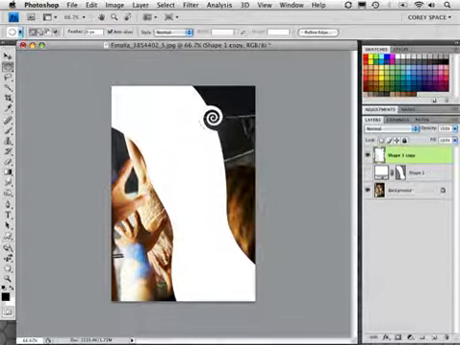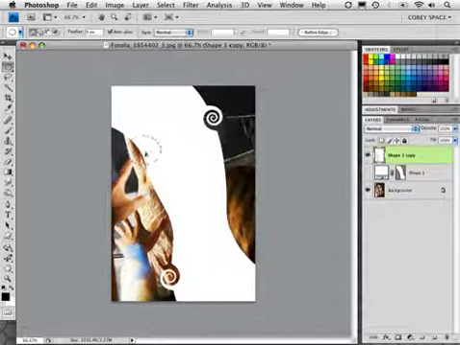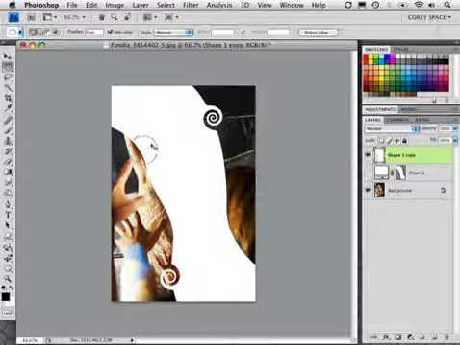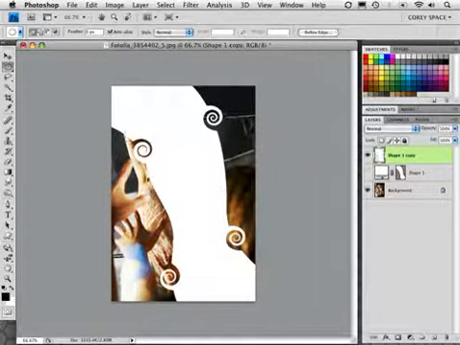Now what I'm going to do is pick some other random points of this shape and just drag the selection. If you drag inside the selection, it'll turn into a selection move tool. Just reposition it at another point on this shape and then simply press Command or Control F and it applies that same filter. I'm going to go around, and you want to position it at different parts on the edge. We are going along the edge here, but a little bit further on the outside, a little bit further on the inside. You're going to give a different result every time. Command or Control F. Drag it over here. We'll do the same thing here. Now I'm keeping some space in between